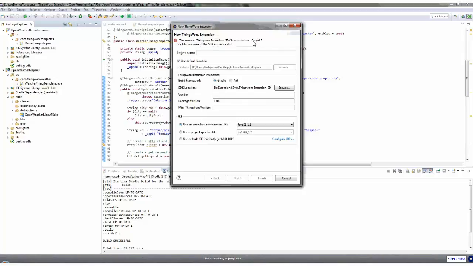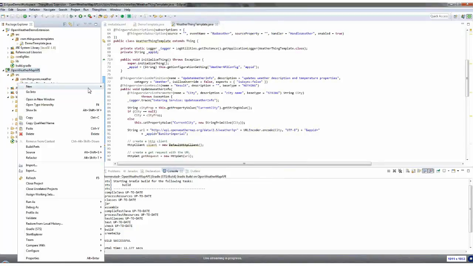6.5 you can, and you can utilize some of these things, but you'll have to do a little more manual work. The reason is that in 6.6 there were some significant changes to the SDK and how extensions are packaged, and the Eclipse plugin is built on top of that new packaging. So you certainly can create a project. If I use that 6.5 SDK and it doesn't work, you can just create a new Java project, and